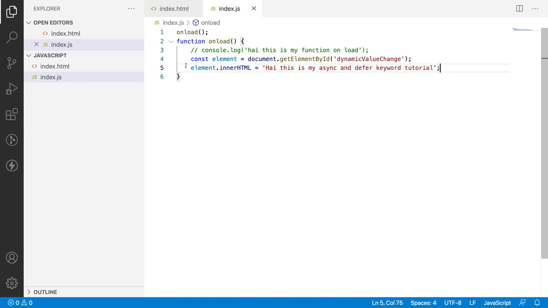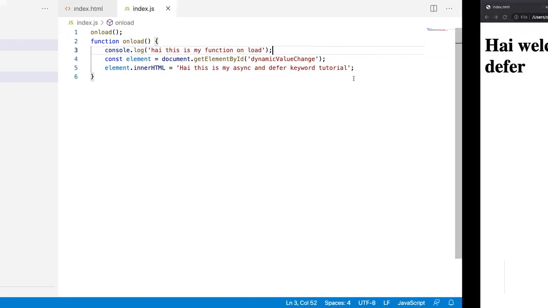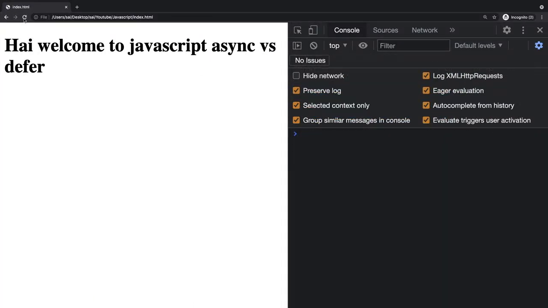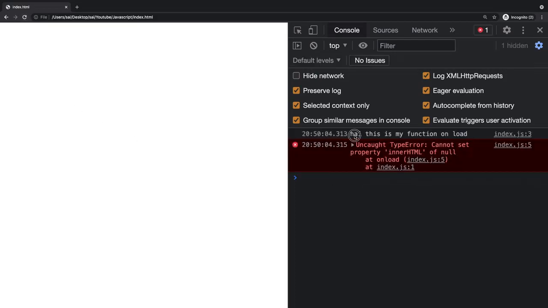So whenever the function is loaded, it will try to get this element, and once it gets the element, it will show this innerHTML. Let me uncomment the console.log and see whether it comes. Let me save this, clear the console, and reload. If you see here, "Hi, this is my function onload," that is index.js:3.